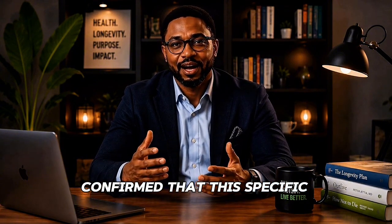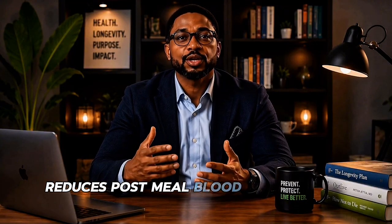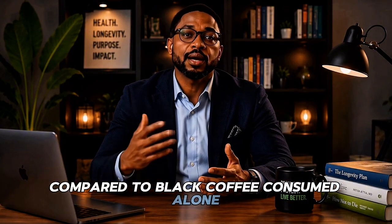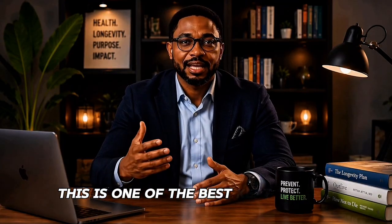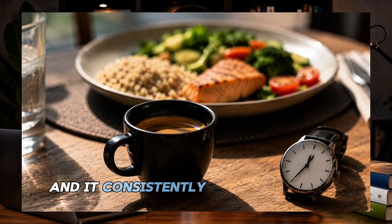Research published in 2023 confirmed that this specific combination of coffee, protein, and cinnamon reduces post-meal blood sugar spikes by up to 29% compared to black coffee consumed alone on an empty stomach. Think of it as building a shield before the rest of your day begins. This is one of the best-kept secrets in clinical nutrition for blood sugar management, and it consistently surprises people when